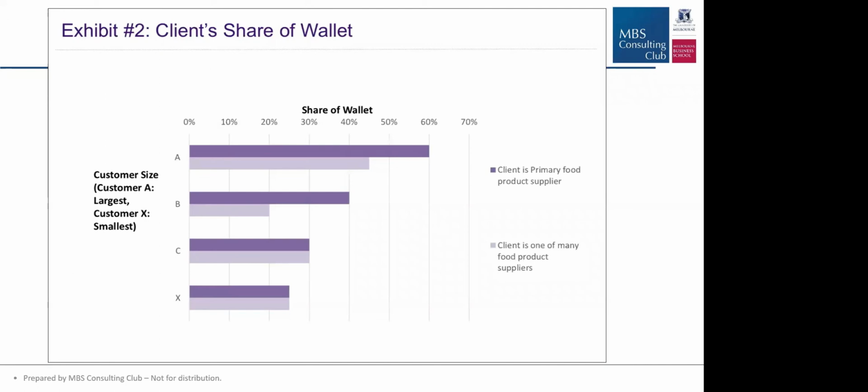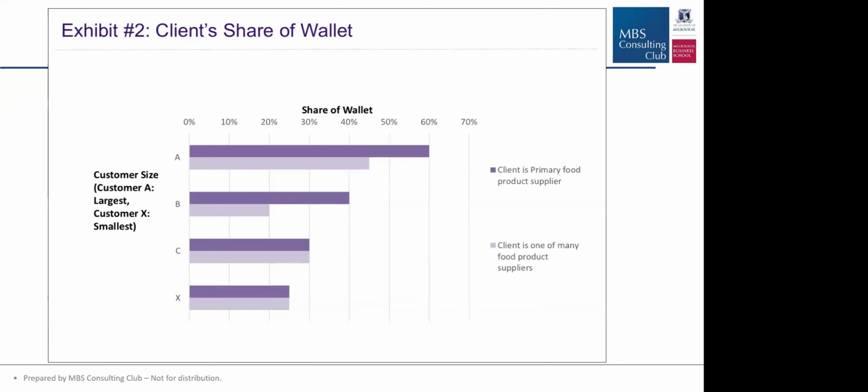Could it be also that we appear to have pretty good relationships with our larger customers because we've got a larger share of their wallet, but where we're one of many, we seem to be doing really well with especially the largest customers, but potentially we could find out more around the smaller customers and see whether we can attempt to gain a greater share of their wallet. Yeah,